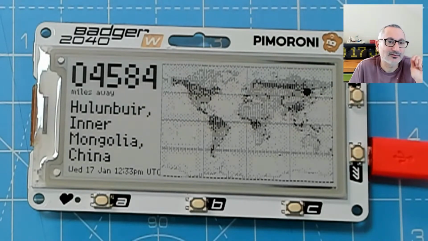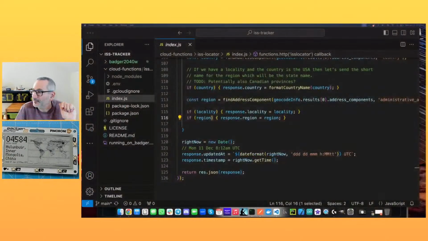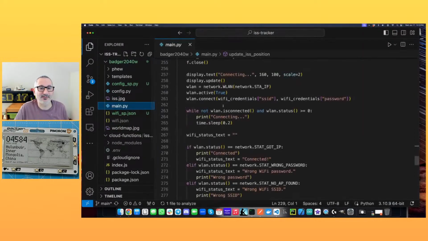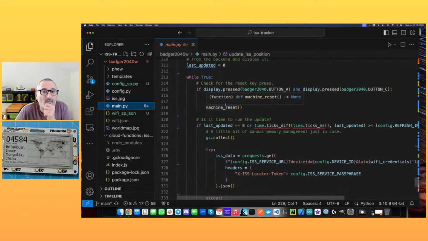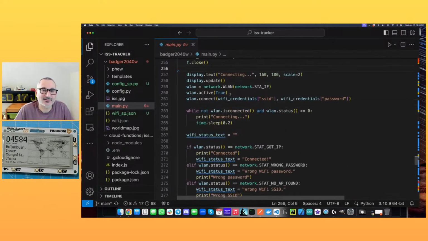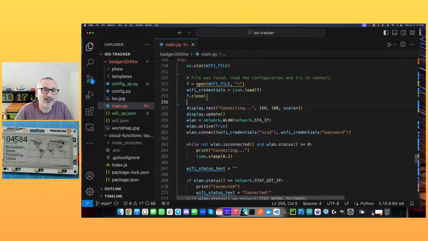So the last thing to look at, and I'm going to do it in VS Code so we don't disturb this thing, is how does that work? And I've done a live stream on this before, so I'll do it at a high level. But if we have a look in the Badger code here, you will see that when it starts up, the first thing it does is look for this Wi-Fi file. So if that's not there, which is the case when I ship it to you, or when you pressed A and C and reset it, then it's not going to